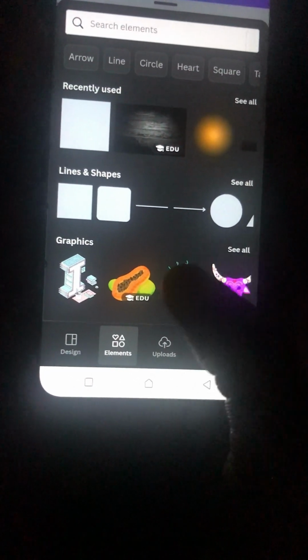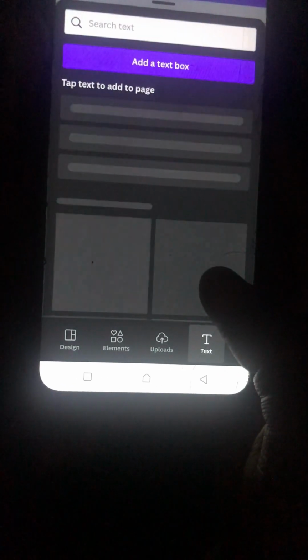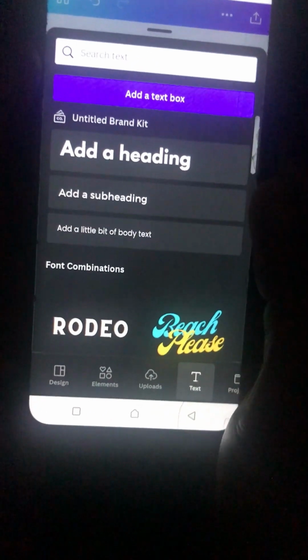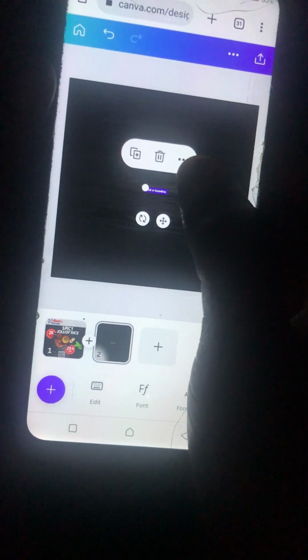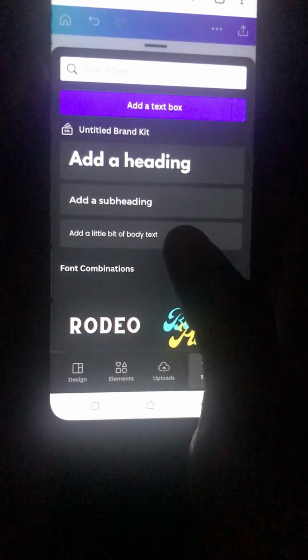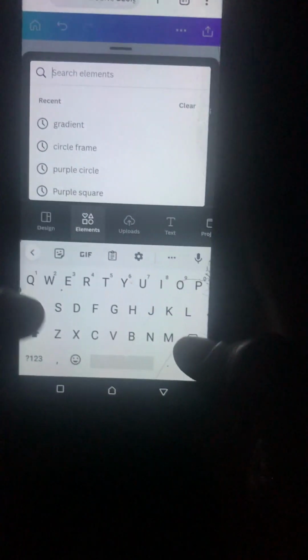All right, so the next thing that I want to do now is to put in my text, the words that I want to use for this flyer. We're talking about a kitchen. We're trying to make a digital flyer for a kitchen, and we're specifically trying to advertise a particular package, which is the spicy jollof rice. All right, so I've created my text using the heading. I will now type in the text I want to use, but before then,